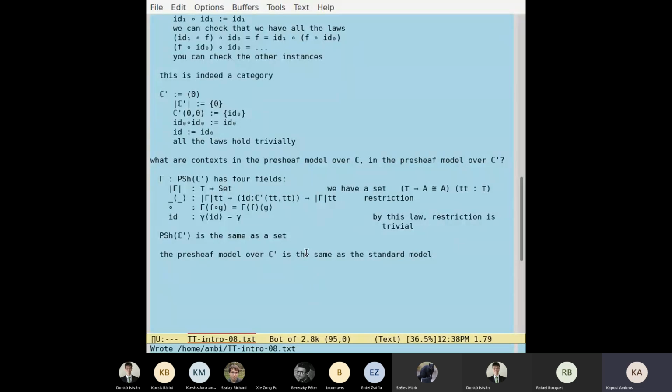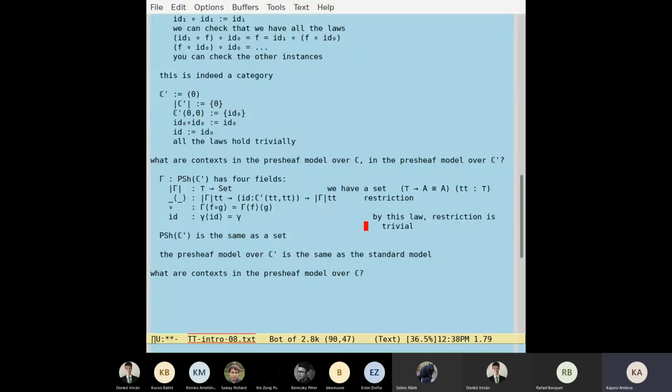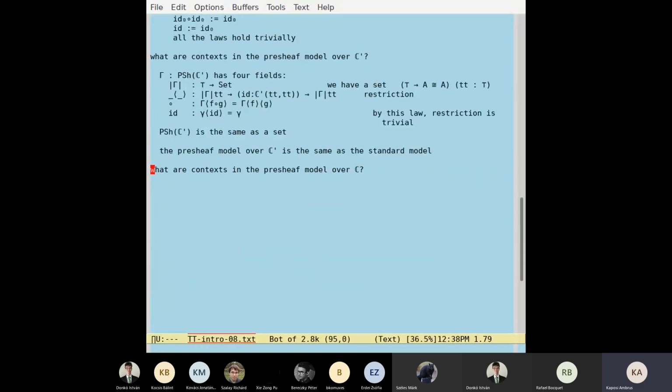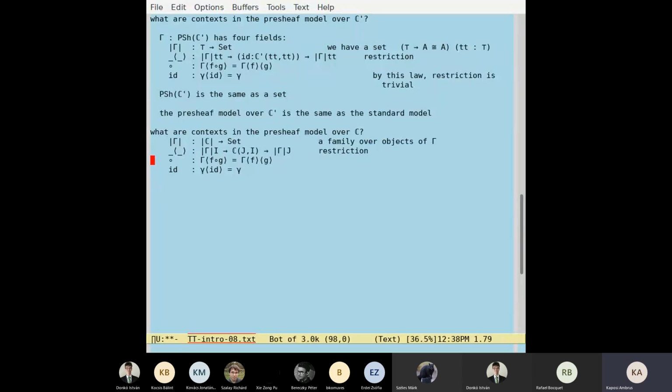So let's look at the other one. So what are contexts in the presheaf model over C? Okay, so this was C prime first. In the presheaf model over C, what are contexts? So let me copy and paste again this stuff, and then we will look at it in detail. Okay, so what is gamma? So now we have